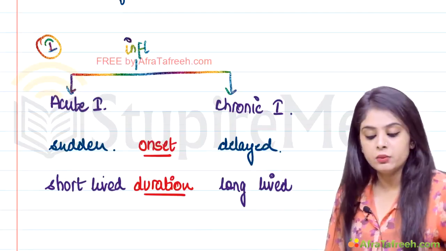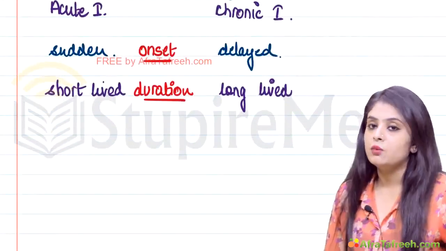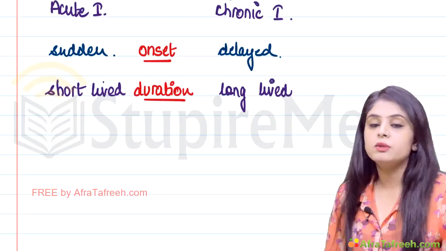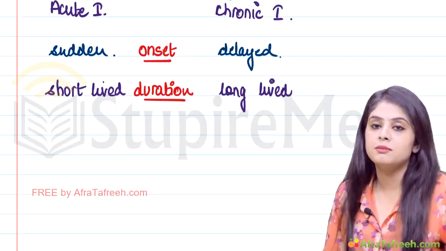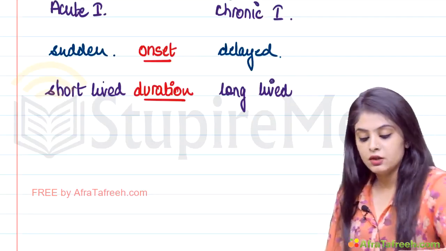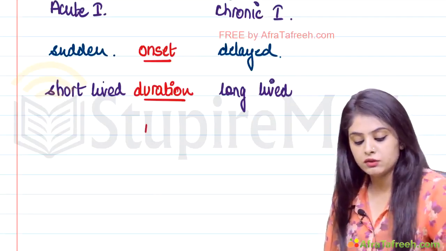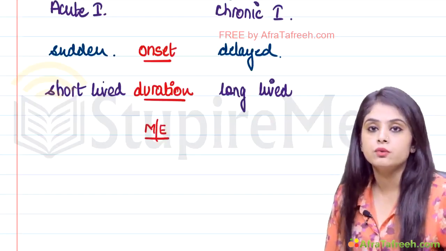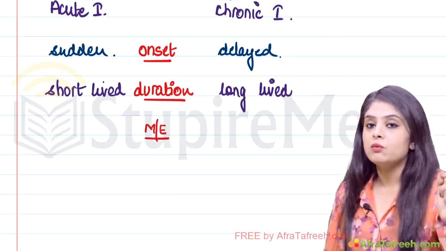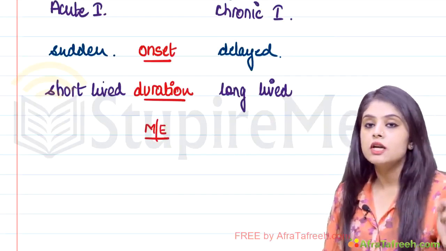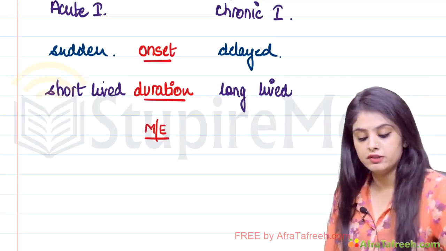But what we are dealing with is pathology. And when we are dealing with pathology, you have to keep in mind that you will always have microscopic images coming your way. So what is the microscopic examination of acute and chronic inflammation going to show you? When we talk about acute inflammation, that one particular cell that should come to your mind is always going to be a